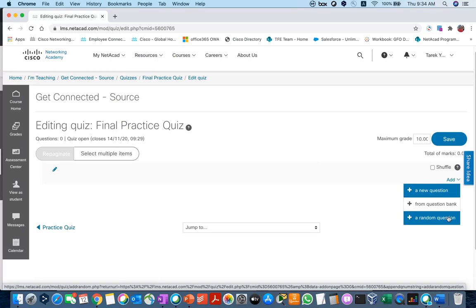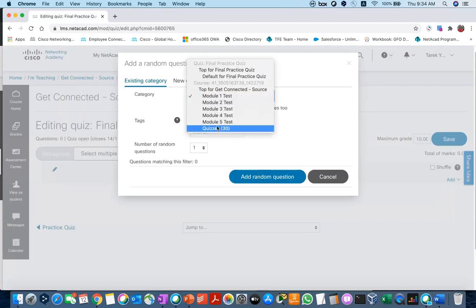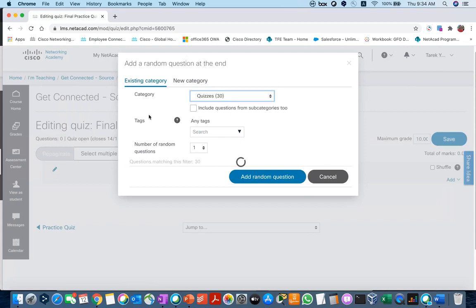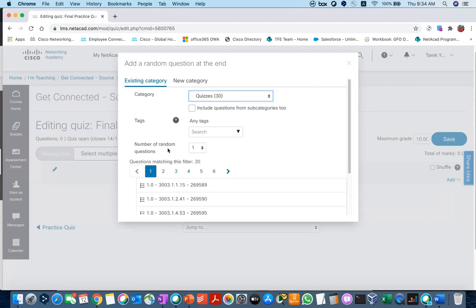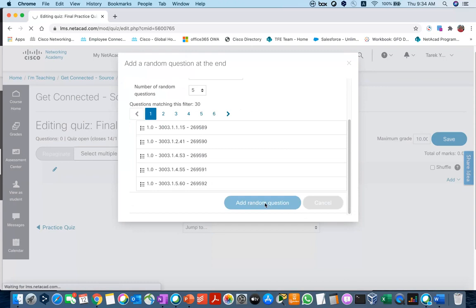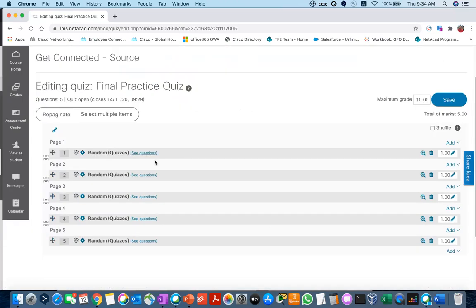In order to do so, I will click on Add, then adding random questions. I will choose my question bank, which is quizzes. I will select the number of random questions to be imported to my quiz. Maybe I could set it to 5. Then click Add Random Questions. And you can see here that in the place of each question it says random. That means the system will select any question randomly and fill it here and in the next pages as well. So we will have 5